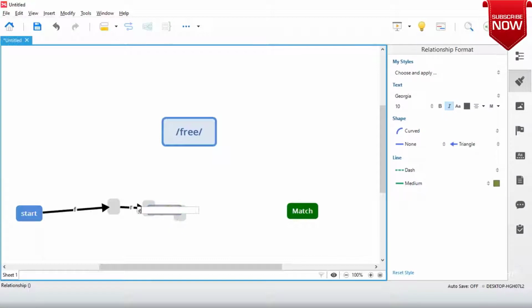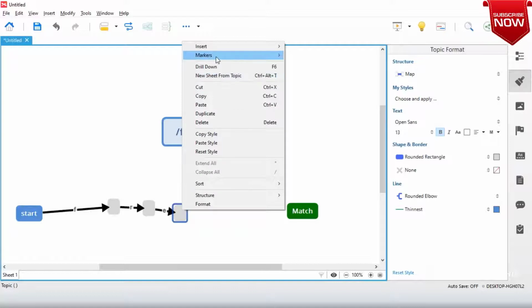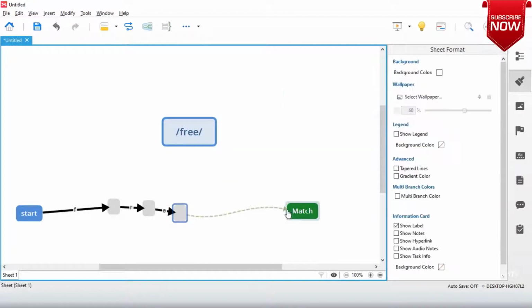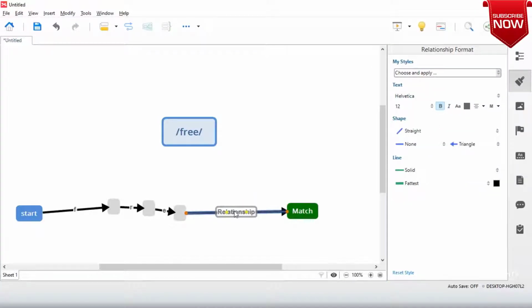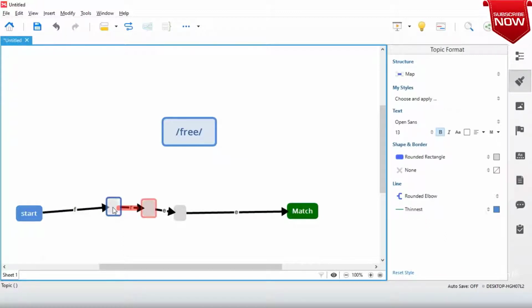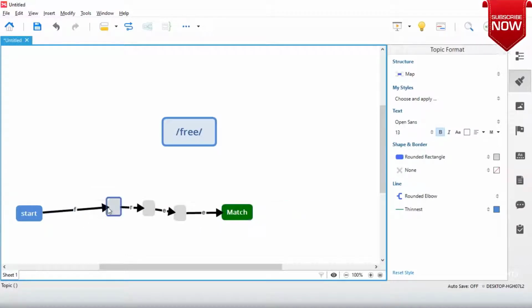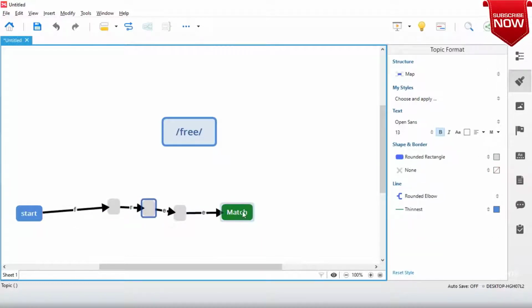I'll call it E. Now let me change the style to this. And then at the last, insert a relationship, which is E. I want to make this look better.